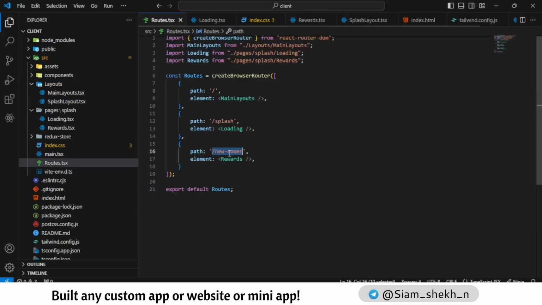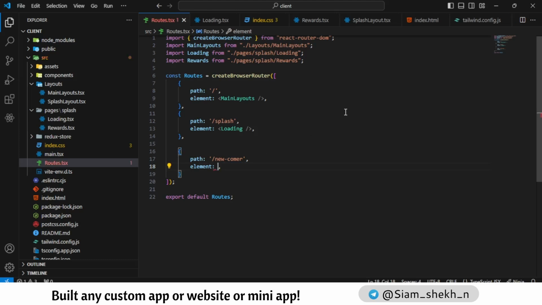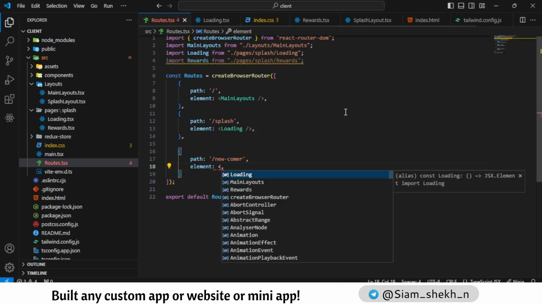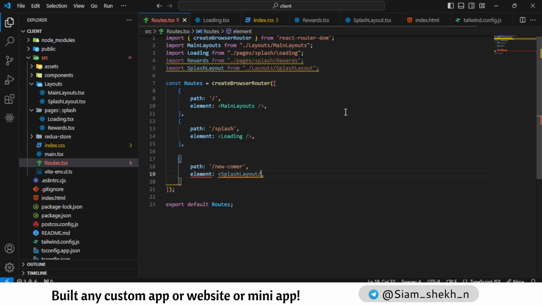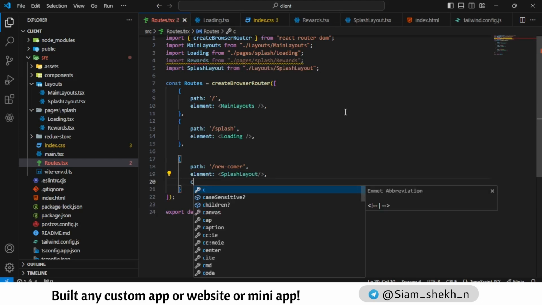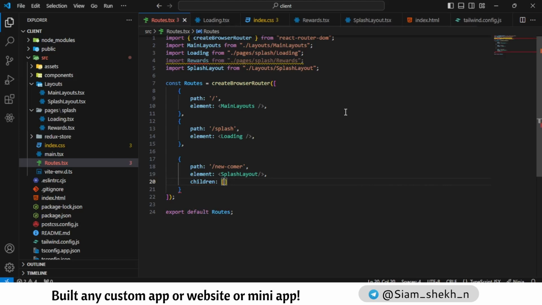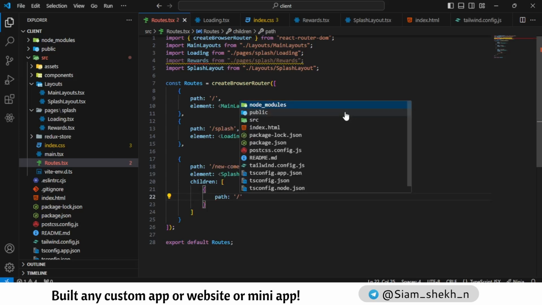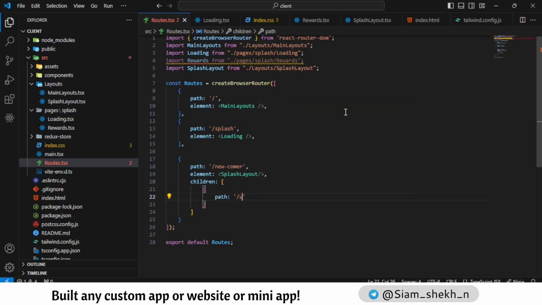And here routes, and in the route I need to type something like this, newcomer, and in newcomer I type Spanish layout, and then children, and here path is first of all user, premium, second is element